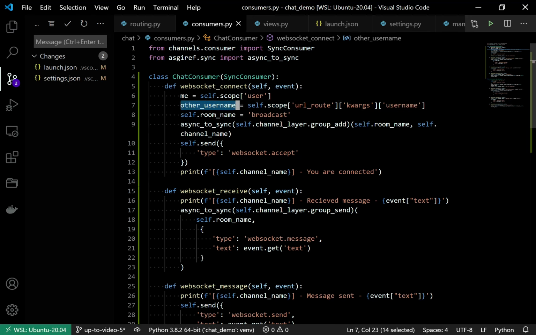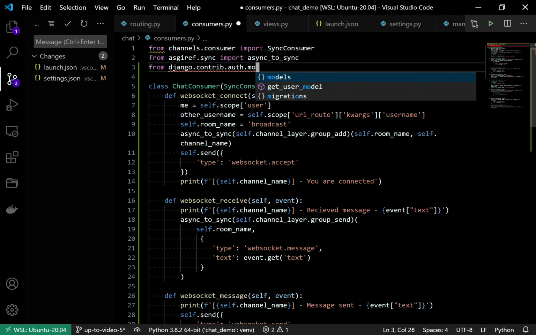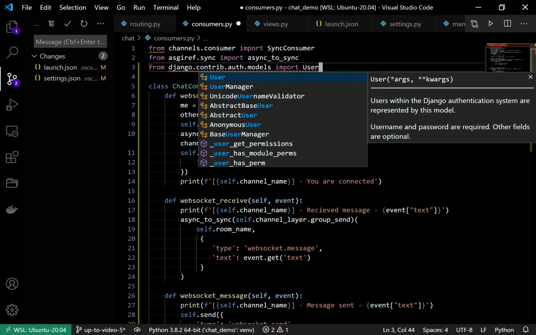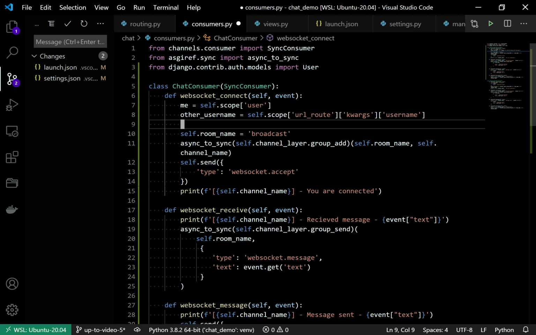So now we have the other username, but we have to get that user object as well, right? Still we have just the string of that username. So let me import the user table as well: from django dot contrib dot auth dot models import User. All right, we have imported User, and now other username is there. Now how can we get the user?